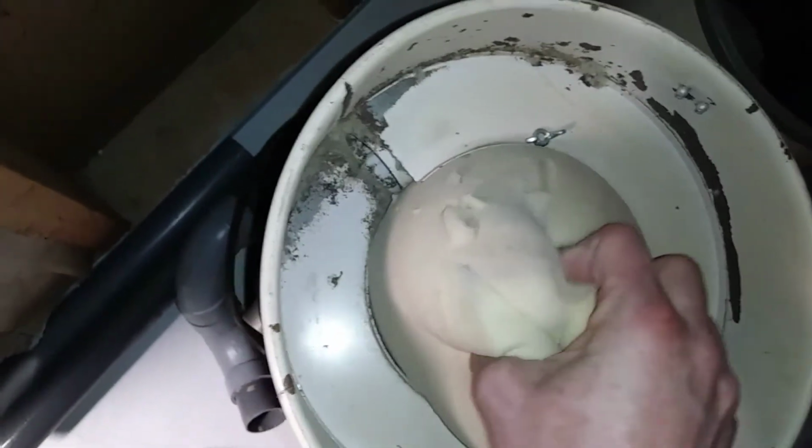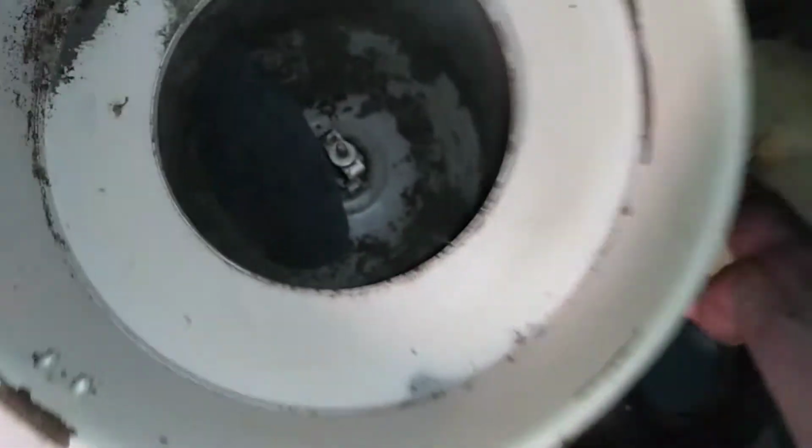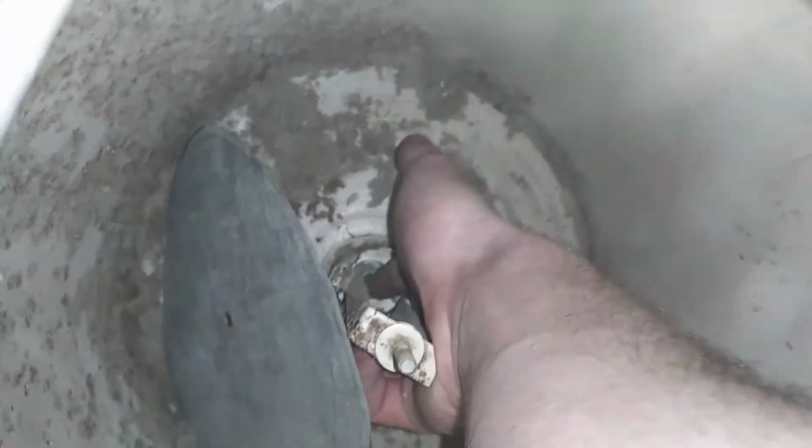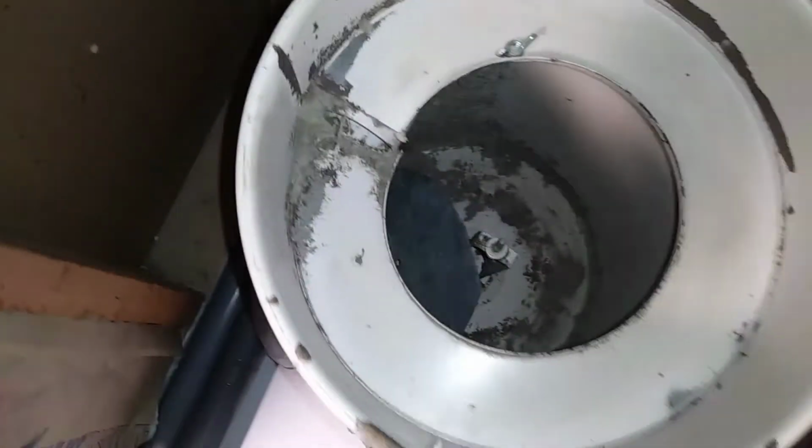And there's your big, stupid foam filter. This is actually brand new, or at least it doesn't have any dirt on it. Somebody, when this thing stopped working, they must have just tried the filter just to see, and of course that didn't do it. If you look down at that motor, that is the impeller in pieces, and so even before the brushes wore out, that's what was spinning at 15,000 RPM. This thing had to sound great. So anyway,